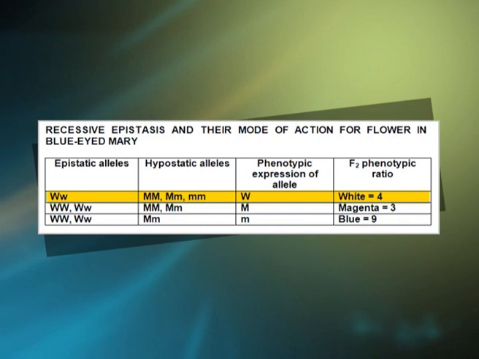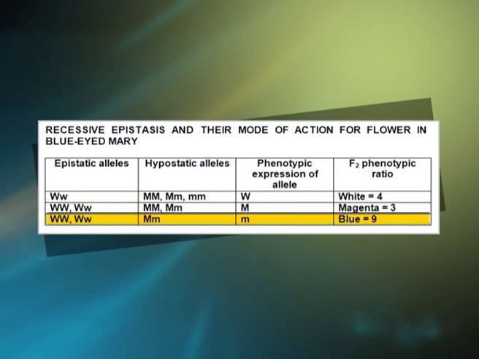In this case, the phenotypic expression of allele is capital W, and the F2 phenotypic ratio is white, and there are 4 progenies. In the second row, the epistatic alleles are capital W capital W, capital W small w. The hypostatic alleles are capital M capital M, capital M small m. The phenotypic expression is capital M, and in the F2 the phenotypic ratio is 3